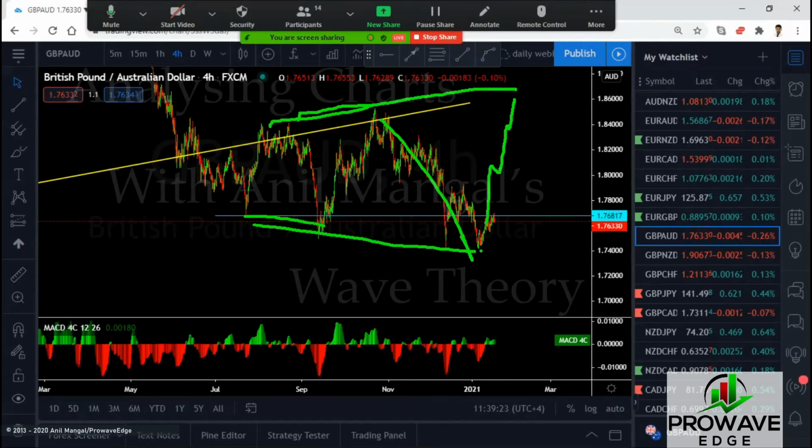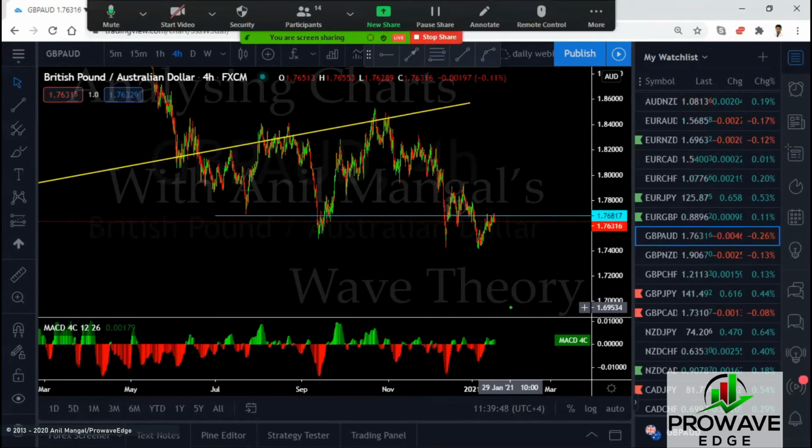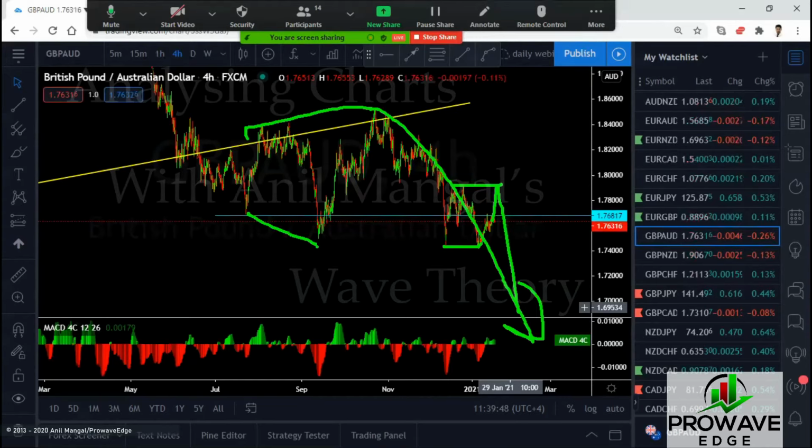With a more complex expanding flat, and see if it goes there. We'll see which of the two it would look like. Could be a triangle, an expanding triangle as well. So let's see. The only thing that would change that is if this comes to this level, stops short here, and starts to drop. Then we would assume that this is the start of the downside, and this is just the expanding flat. So we will go with the trade.